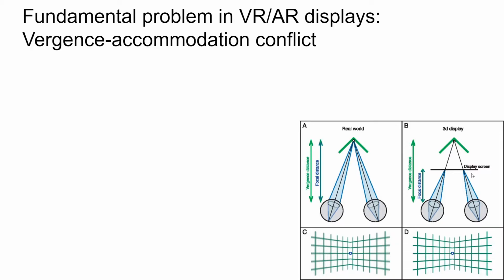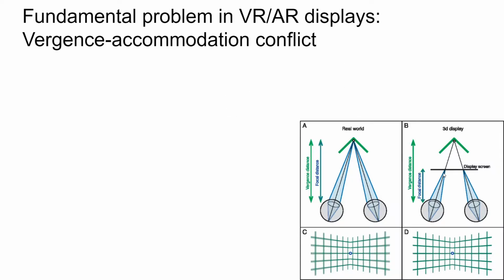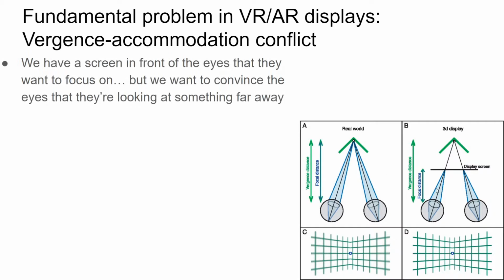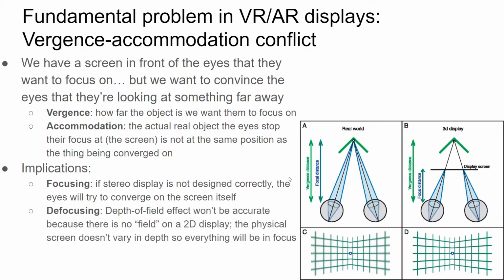But ultimately, their focal distance is still stopping at the actual screen, because the 3D object really is just flat in terms of how the physical object displaying it works. So divergence accommodation conflict comes from this mismatch, and the biggest implications are that, like I